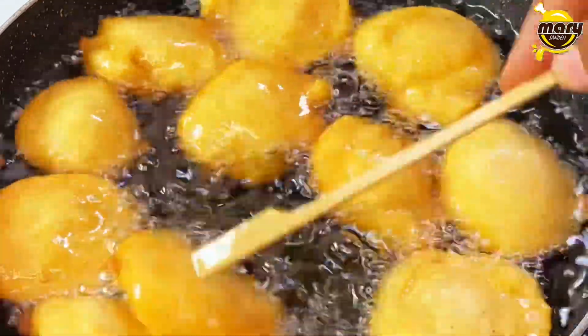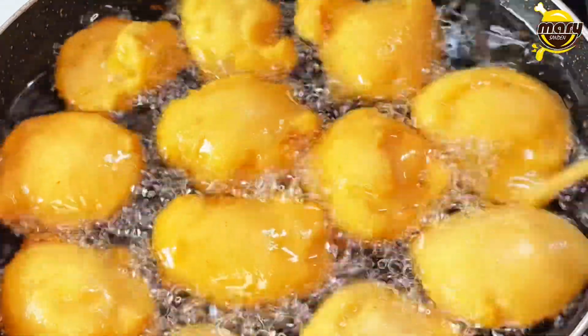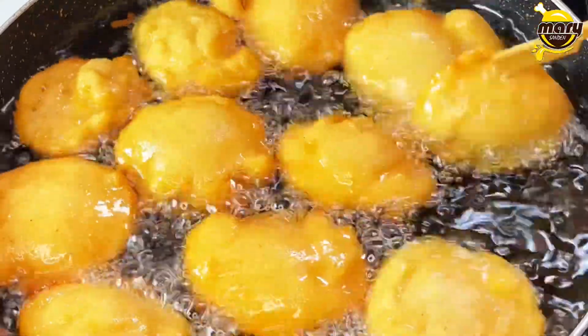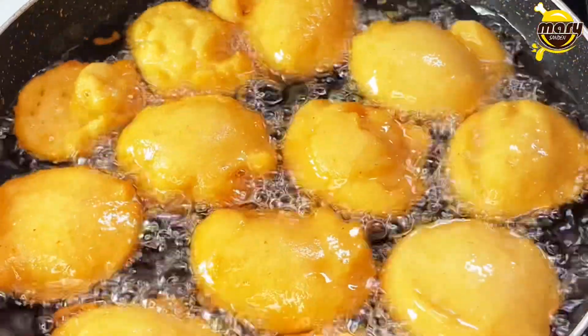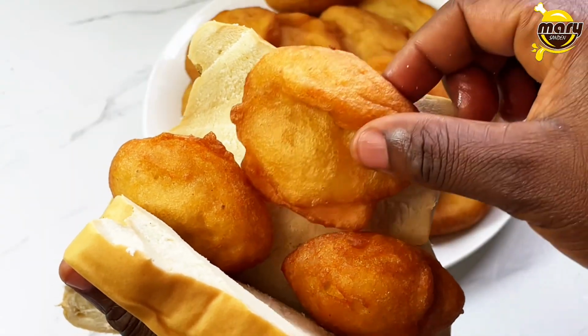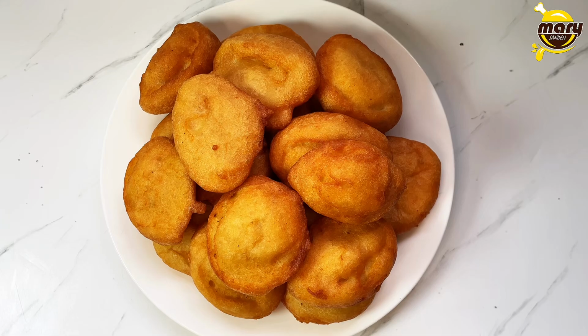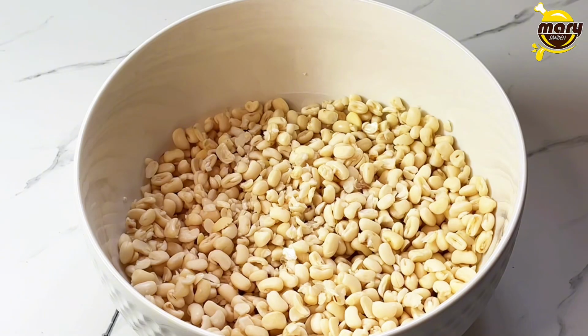If you want to know how to make the perfect akara or KOOSE, then you should continue watching this video. This is a very simple video. I've already washed and soaked my beans overnight, and I've peeled the beans already. So you use the black eye beans which you soak, peel, and that is what we'll be using for this